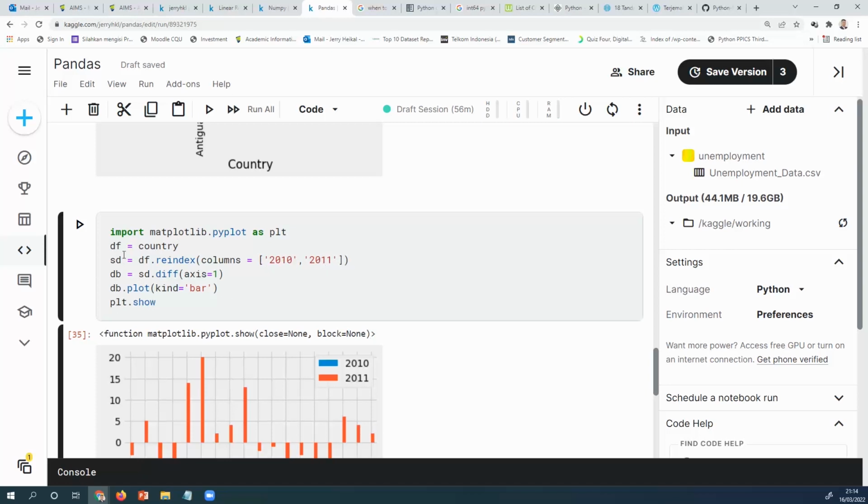Okay, after SD is there, you put DB equal to SD dot difference. Difference meaning what is the difference between axis? Axis meaning the row of 2010 and 2011. What is the difference? And then next is db.plot. You need to plot it